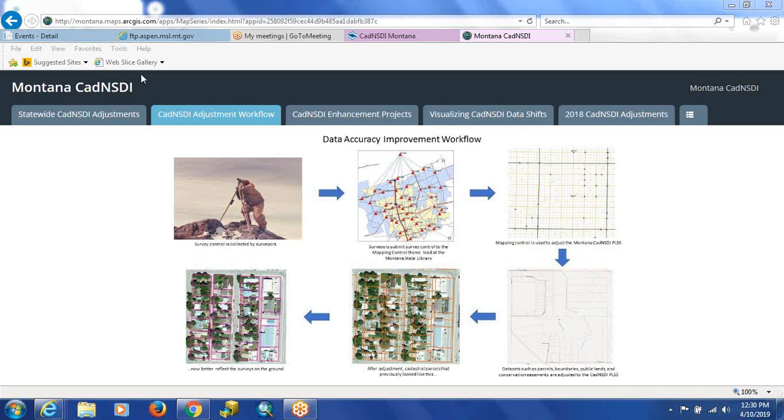The CAD and SDI is something that is stewarded by the Bureau of Land Management, and about 5 years ago, the library decided to start actually managing the data because we wanted to be able to put out a product more quickly than the BLM was able to do. And the reason why that's important is because so many other data sets rely on the CAD and SDI. So many other data sets have geographical boundaries that follow the boundaries of a township or a section or meandered